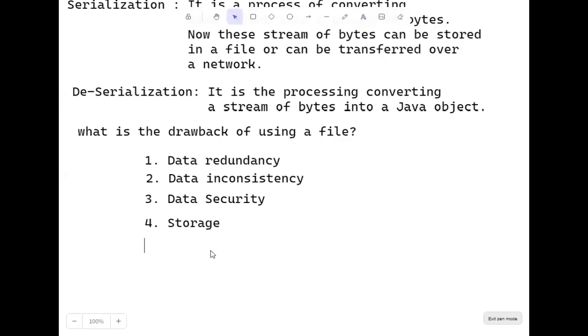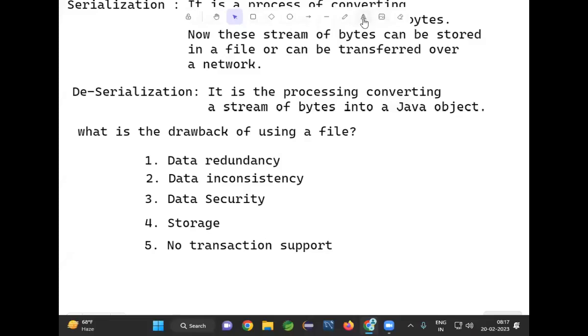File does not support transactions. No transaction support. That is very important for real time. No transaction support is there for files. What is a transaction? If anybody is having doubt, you just wait. I'll tell you in Hibernate. Every day you are doing many transactions, right? Next,